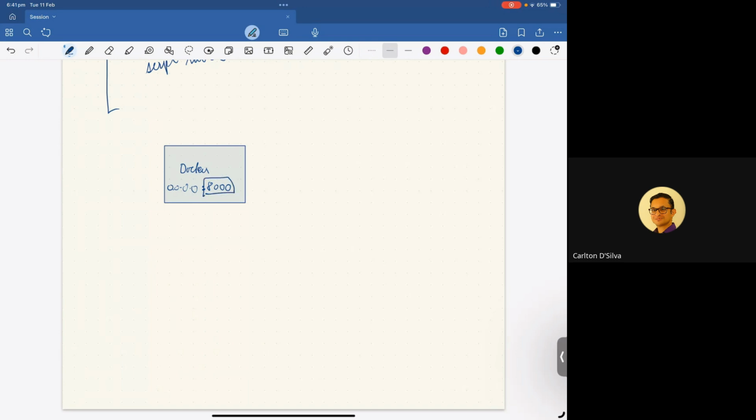But this is visible only to applications that are inside this machine. You can imagine this machine as a separate computer. So say, for example, there is an application here that requires a service from this server, then it will